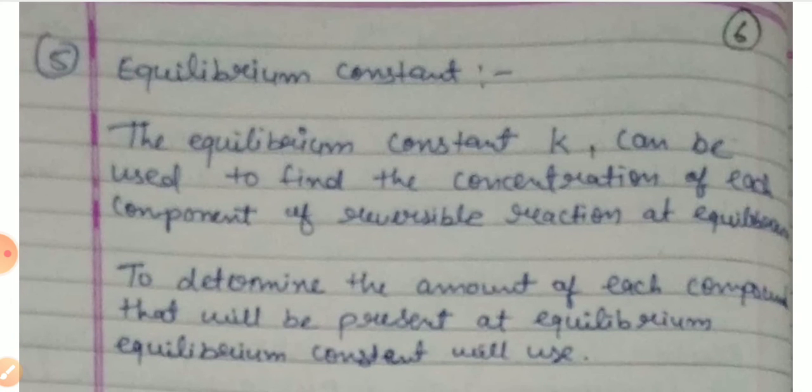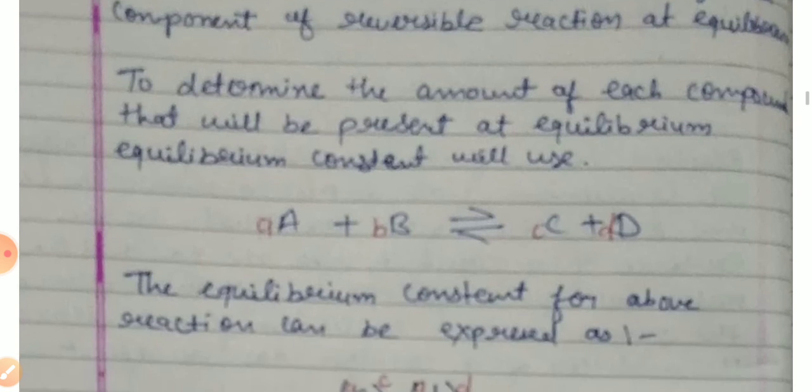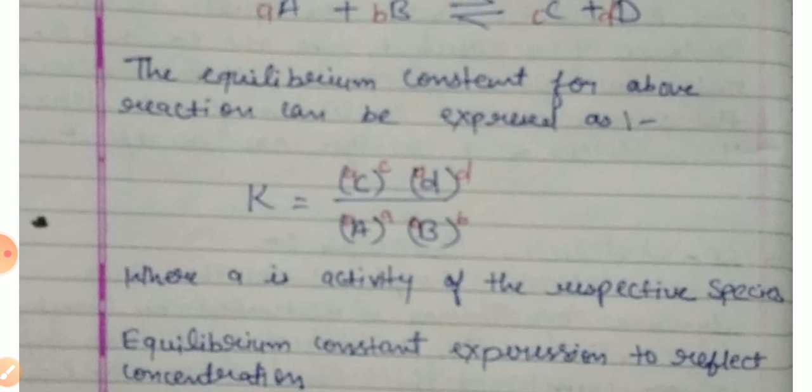The equilibrium constant is denoted by K. It can be used to find the concentration of compounds of a reversible reaction at equilibrium. To determine the amount of each compound that will be present at equilibrium, the equilibrium constant is used. This is a simple reversible reaction. For this kind of reaction, the equilibrium constant K equals the concentration of C times the concentration of D divided by the concentration of A and the concentration of B. So it is simply the concentration of products divided by the concentration of reactants, where small a is the activity